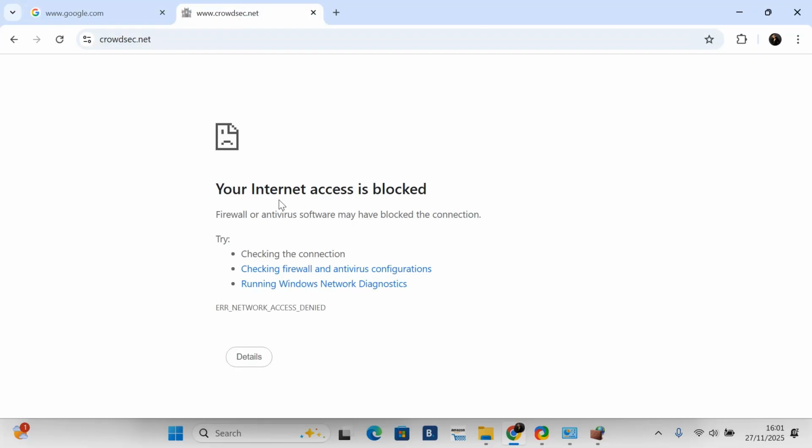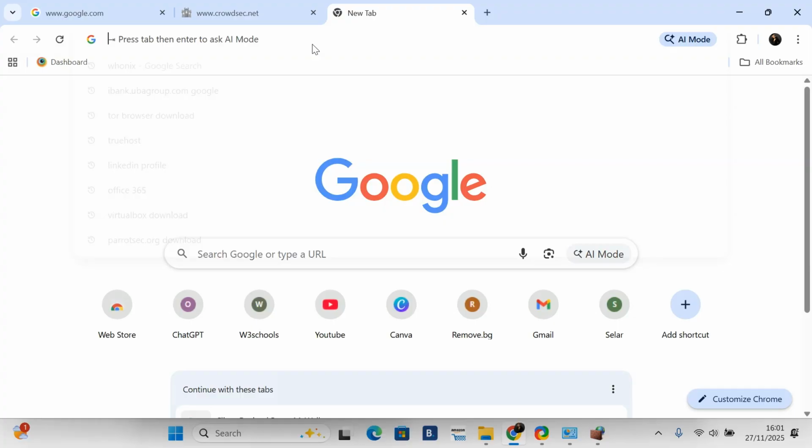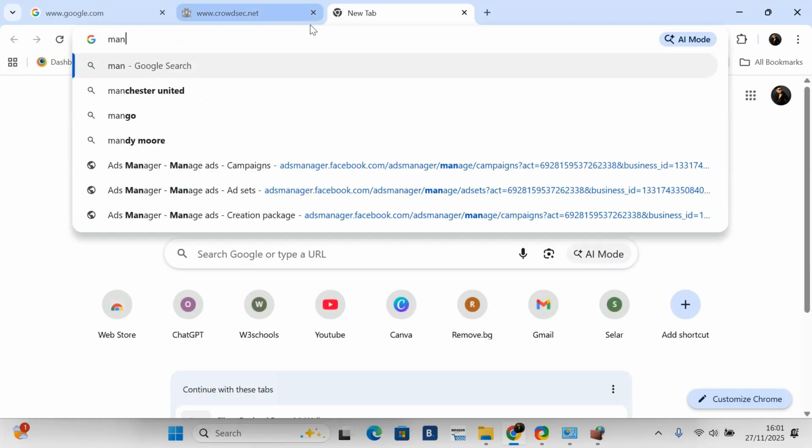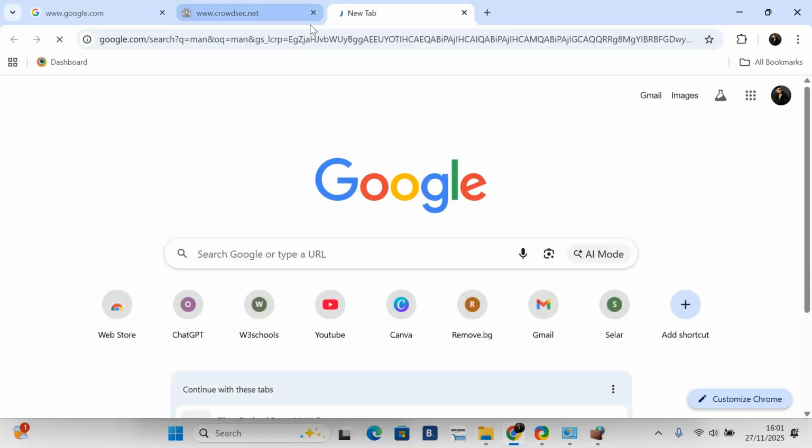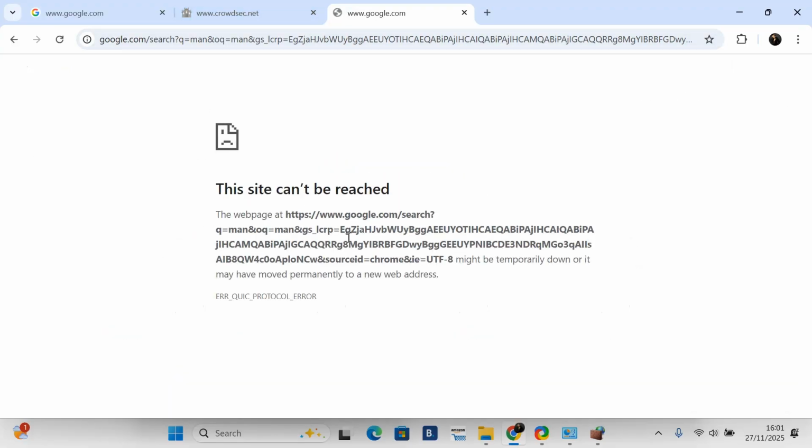As you can see, your internet access is blocked. This was the website I was refreshing before. I can no longer refresh it. Nothing will open again. Let me just type anything in my Google. This site can't be reached. I can't use Chrome again for anything internet related because it has been restricted from having internet access by our